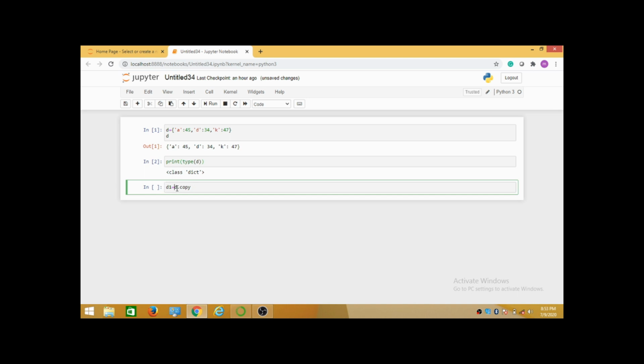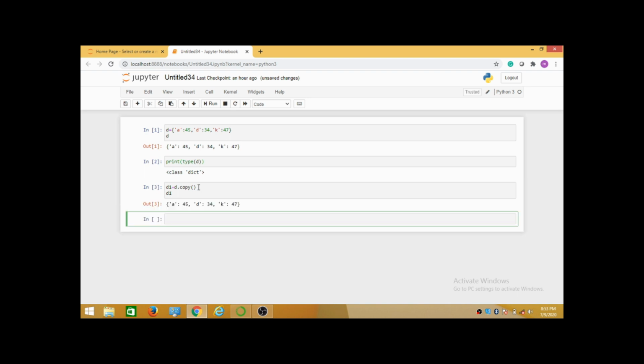That's why here I am using d dot copy, and I want to display that d1 as well. So here I am giving d1. Here you can see whatever data is available in d, I am getting that in d1. So the copy function works like this.